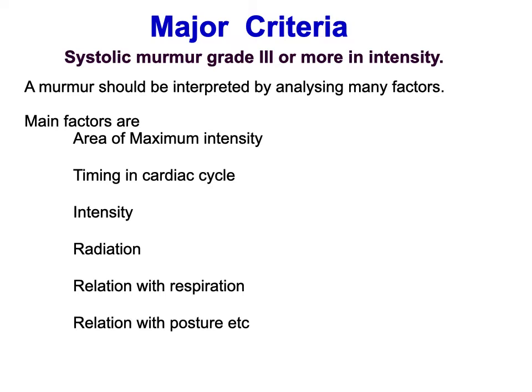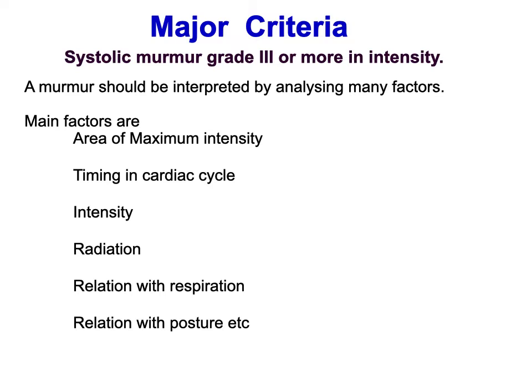exact timing within the systole, whether it is early systole, mid systole or late systole. That applies to diastole also. How intensity affects the diagnosis of congenital heart disease. And what do you mean by radiation? Sometimes teachers ask you about radiation and propagation, that is sometimes called selective propagation. When the intensity of the sound goes to any specified direction more prominently than in other places, it is called radiation or selective propagation. Otherwise, some teachers call it conduction.